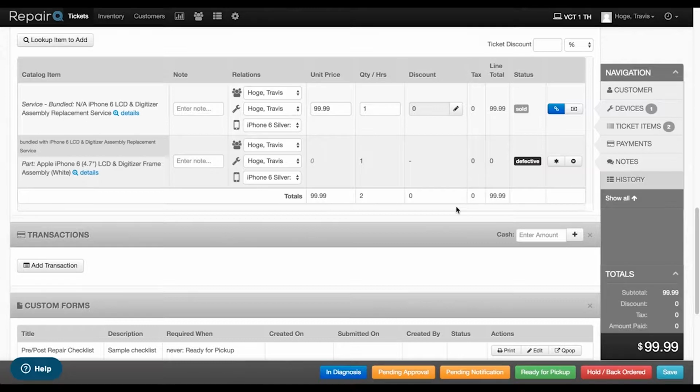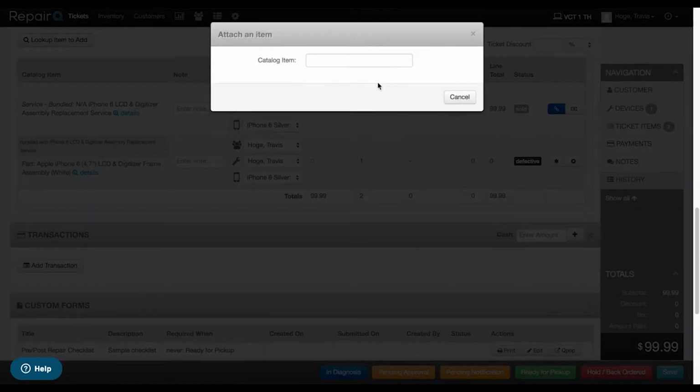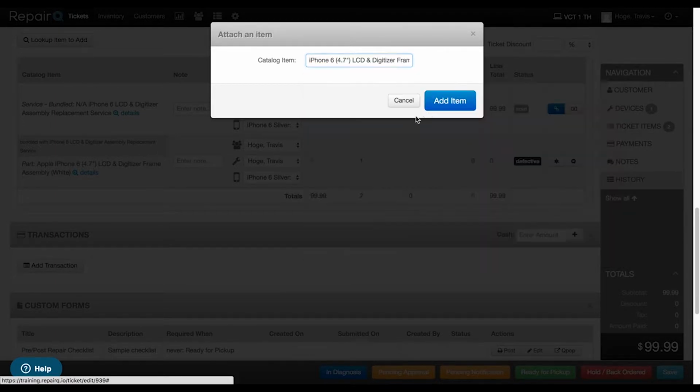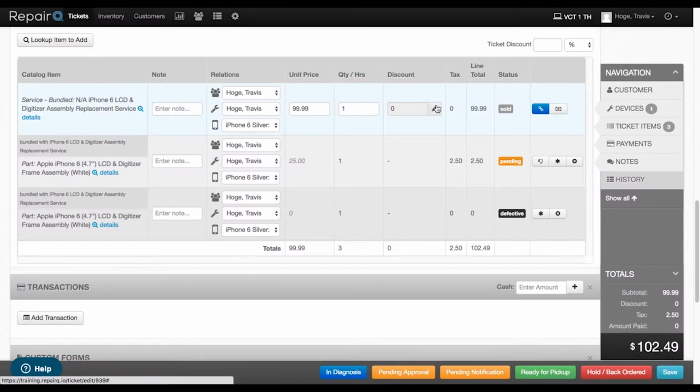So that goes ahead and removes that item from the ticket, and now you can add another one in. So we'll bundle it just like we did before. Attach our part, add item. So now if you look at the ticket, it looks like there's two different parts on the ticket here, but in reality it wipes away all charges and anything to do with the defective part and just leaves the regular part in the ticket. Once we save it,